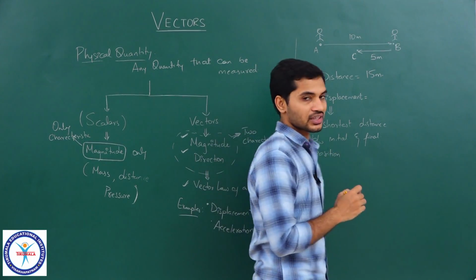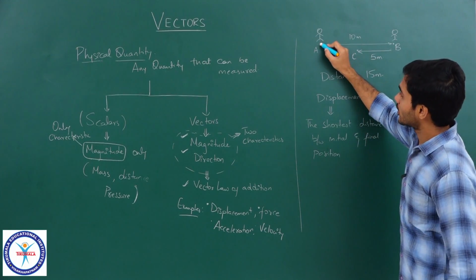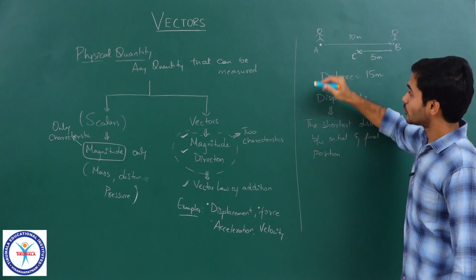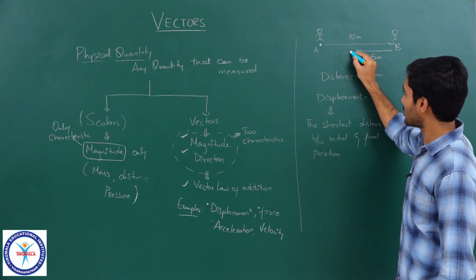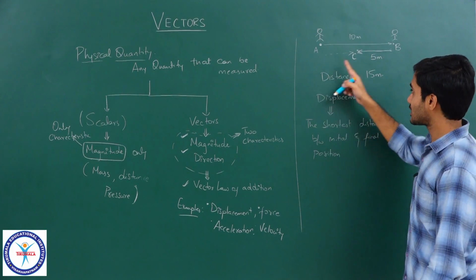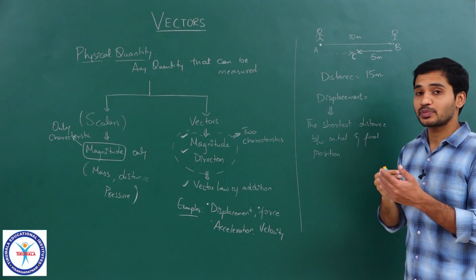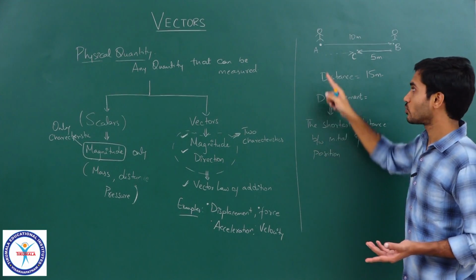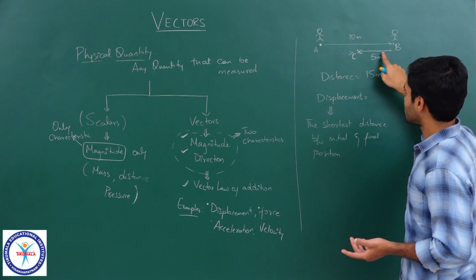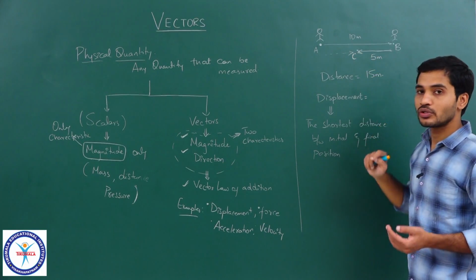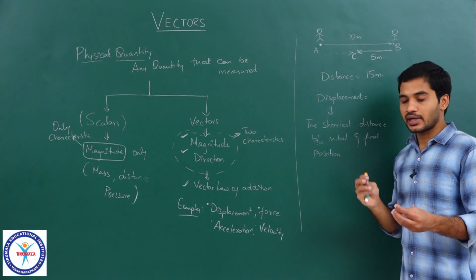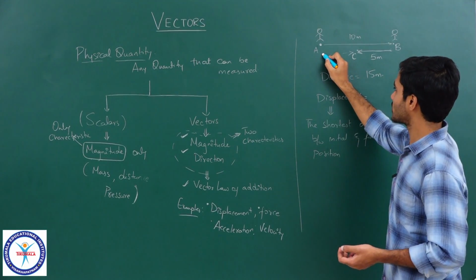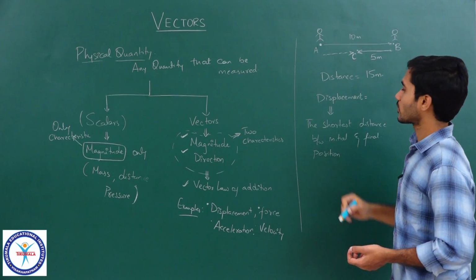Now, going by this definition, he has walked 10 forward and he has turned back and walked 5 backwards. So, from the initial position, at how much distance is the man present? He is present at a distance of 5 meters, right. He has been displaced from his position by 5 meters. That is all that matters. You just have to look at where the man started and where he is, and how much he was displaced by, clear.